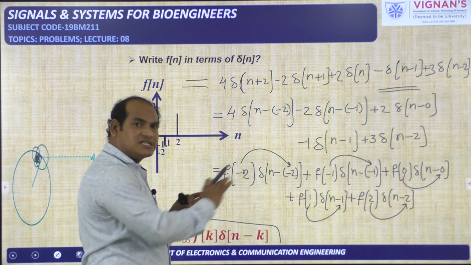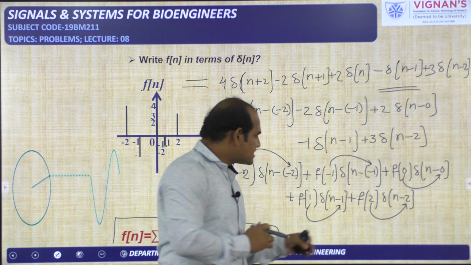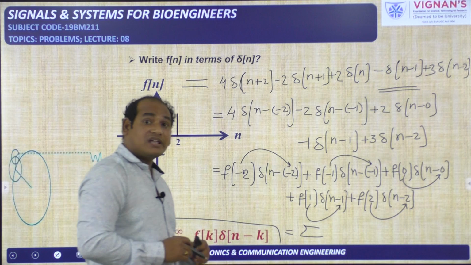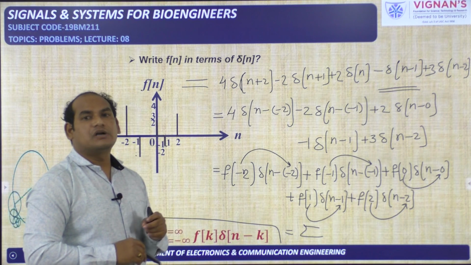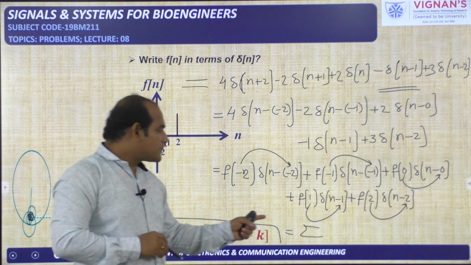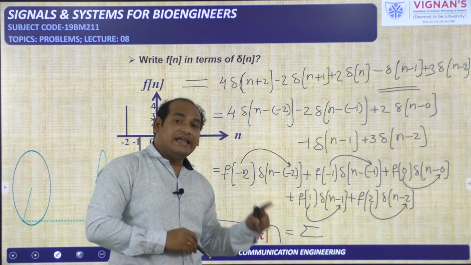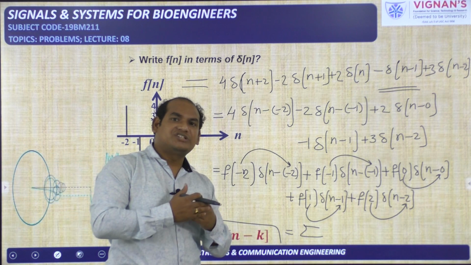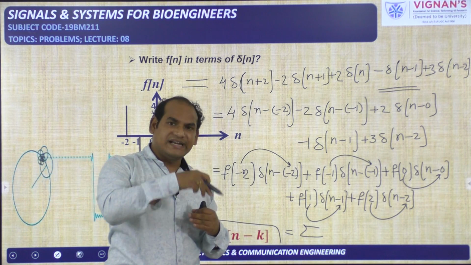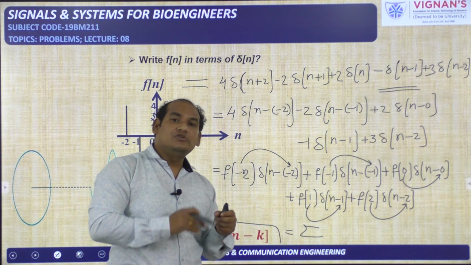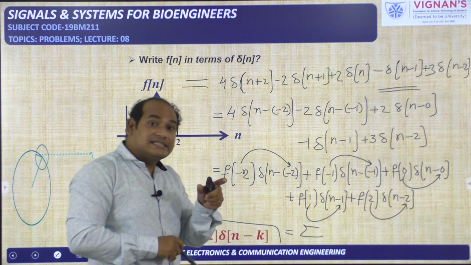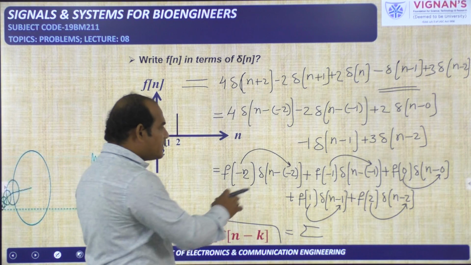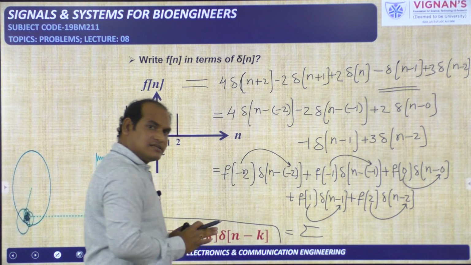So how to minimize this one? It is an addition, plus plus plus. That's why in discrete domain, addition means we have to take sigma. In continuous domain, addition means you have to take integration. Sigma represents a discrete summation, integral represents a continuous summation. In the continuous domain, if you want to do the summation, you have to use the integral. In discrete domain, you need to use sigma. Because all are added, I have taken the sigma.